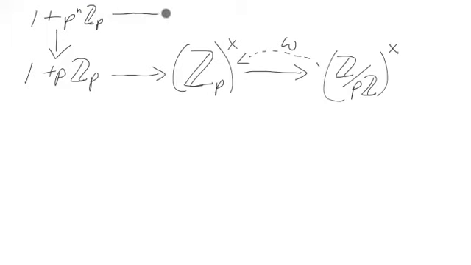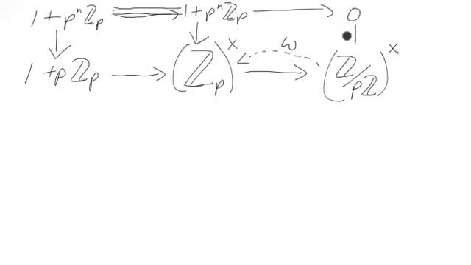We could think of that as being a map that comes from 1 plus p to the n Zp. Okay, like that, where we can even put an equal sign right here. Well, this is just a nice morphism going that way. And then as we go through here, since this is in the kernel, it's going to factor through 0. So we can do that, 0, and come down. Now, what we've just created, so this 0 map naturally has a nice splitting. We've created a split exact sequence of